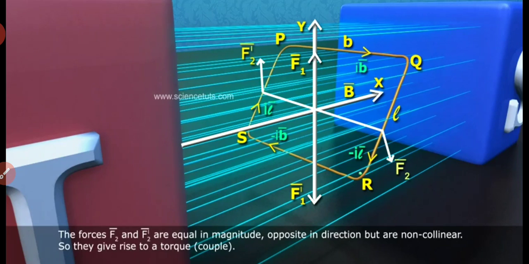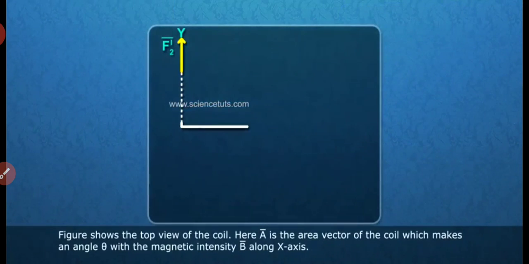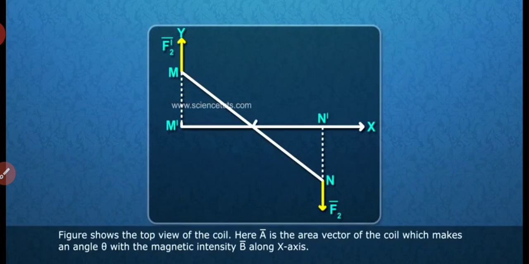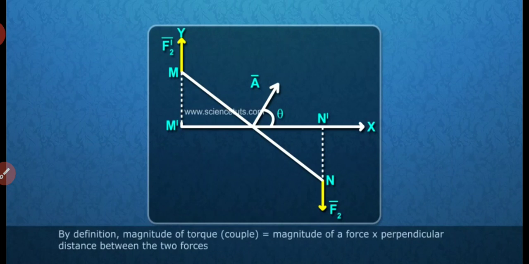The forces F2 bar and F2 dash bar are equal in magnitude, opposite in direction, but non-collinear. So they give rise to a torque couple. The figure shows the top view of the coil. Here, A bar is the area vector of the coil, which makes an angle theta with the magnetic intensity B bar along the x-axis. By definition, the magnitude of the torque couple equals the magnitude of a force